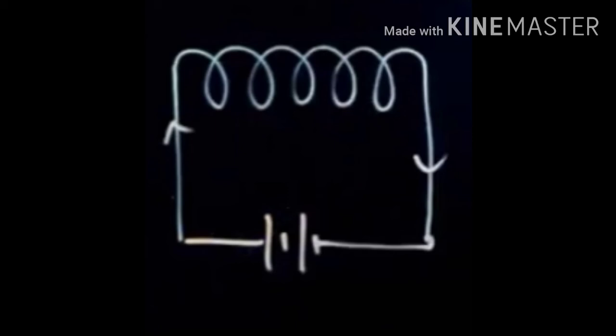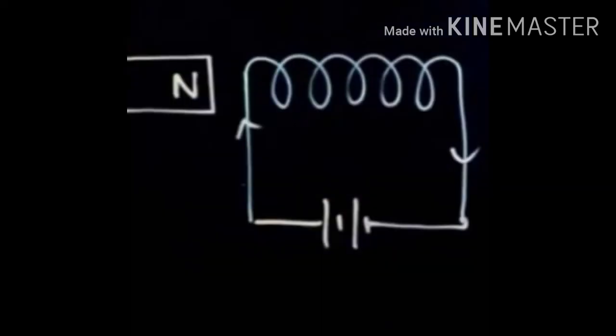Clear? Before that we have to identify the polarity of this. Clear? Where is the north pole or south pole, that we have to identify. For this take one bar magnet. Suppose this is the bar magnet, look at here, and this is the north pole. Now if we bring this to the end and these two repel, then that is the north pole.